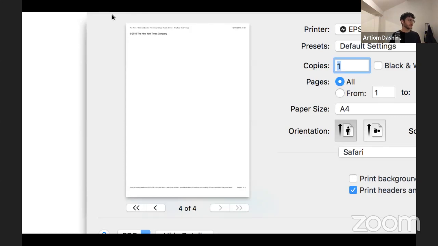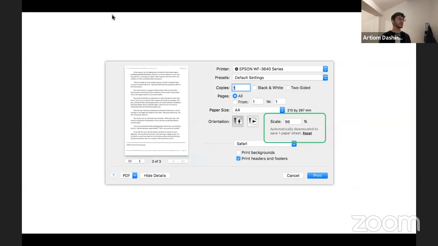So you'll probably agree that there is no reason to do that. Basically, it's super wasteful, and there's no reason to print this page. A very easy solution that Apple could do is just automatically recognize that there is, let's say, less than 10% of the content on the last page, and automatically scale down the content. The scale percentage feature already exists. So what I would suggest is to automatically recognize that there is a very small amount of content on the last page, and automatically reduce the scale.